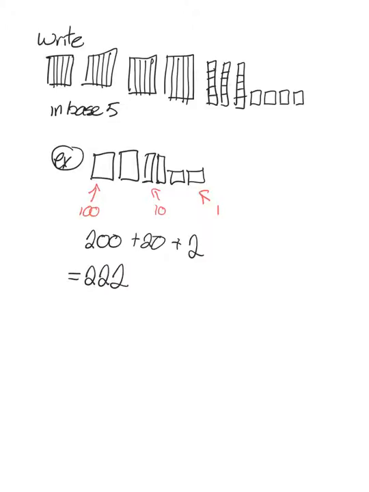222. So if we look at that, since there are 2 1s, 2 1s get put there, there are 2 10s, 2 10s are there, and there are 2 100s, which get put there. So now if we want to convert the top of the screen, the question itself, write